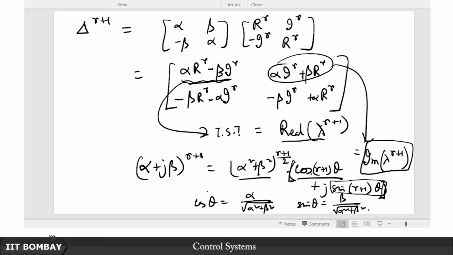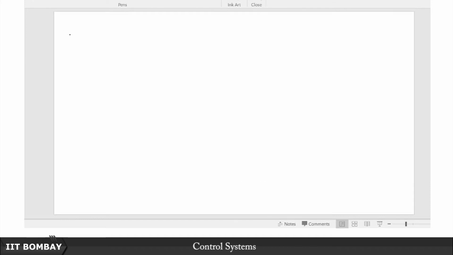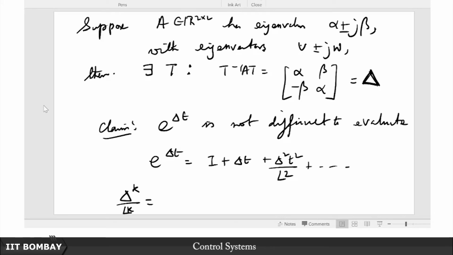I shall not be drawn into this, but I have provided enough hints and steps along the way. You can complete this proof, or otherwise carry on with me with the faith that this is indeed so, and that any arbitrary term you pick up here is of the form delta to the power k. When delta is represented in this form, this is convenient for exponentiation in the matrix sense, because this is going to be nothing but